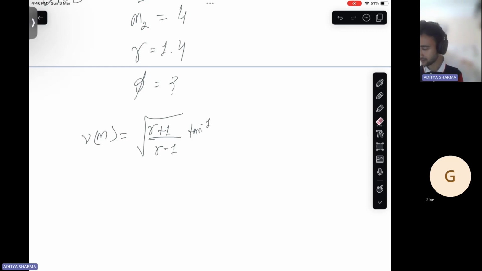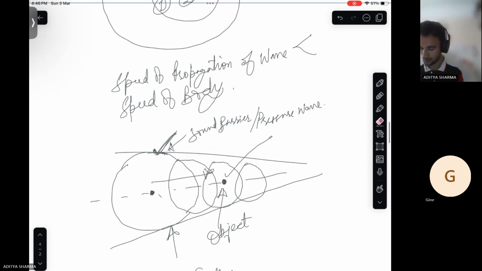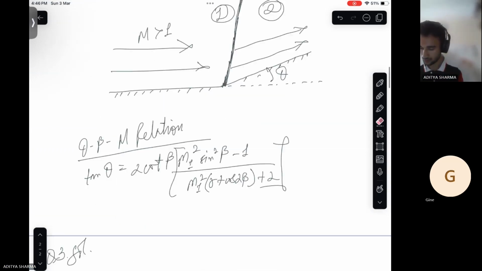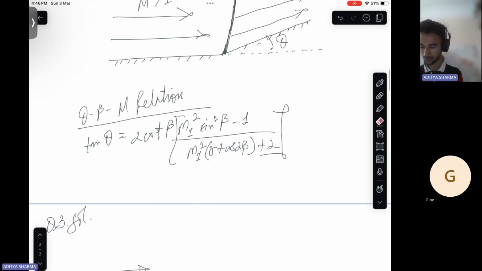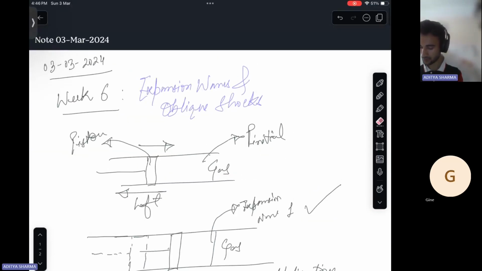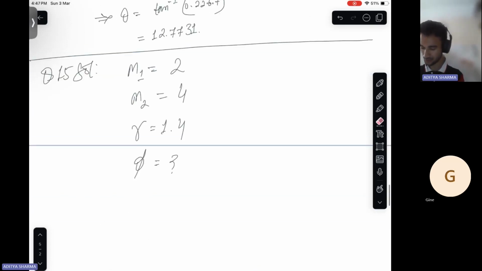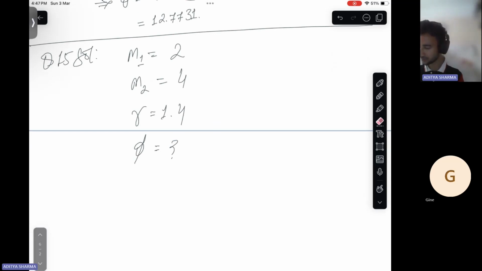So I believe I have written this already previously. It has been written somewhere in the previous slide, so I'll again just write this expression down. So nu equals to,